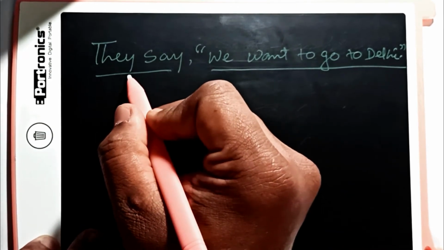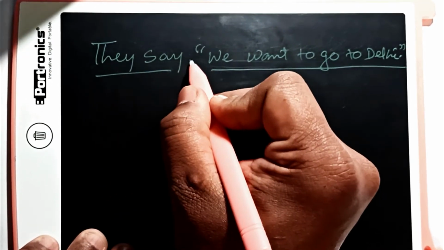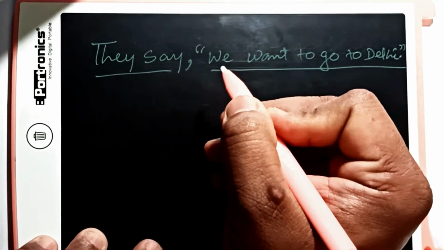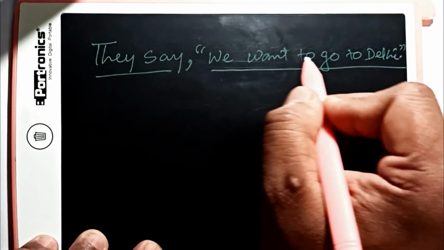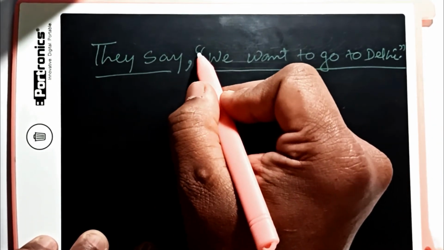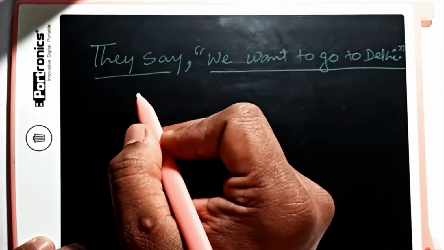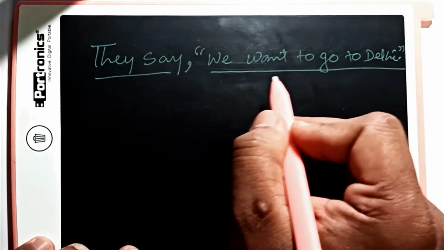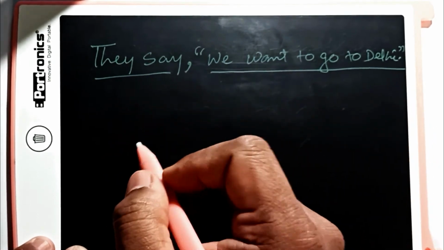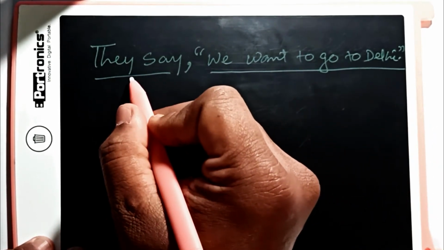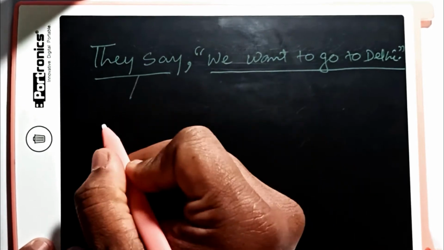The first part is separated by a comma, and the second part is quoted under inverted commas. Now what we need to identify is the different names of the different parts of this sentence. The first part here, they say, is called